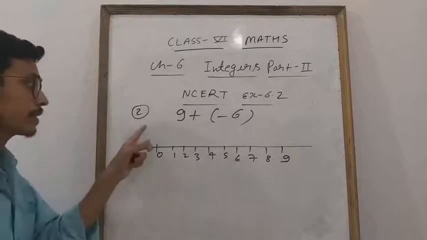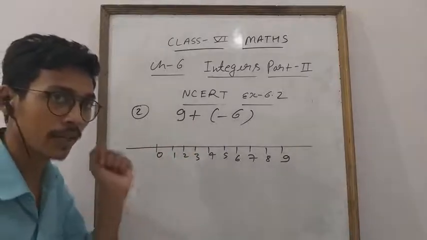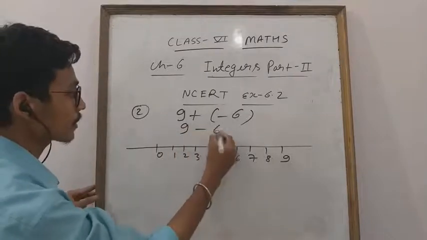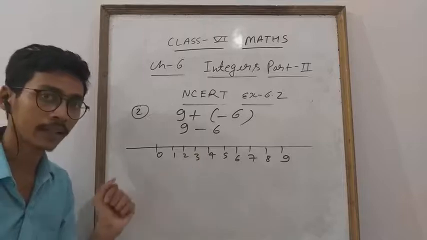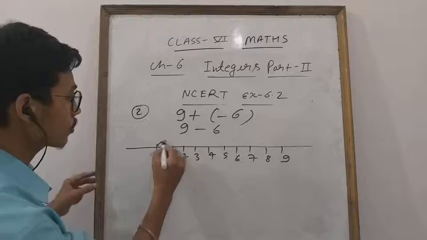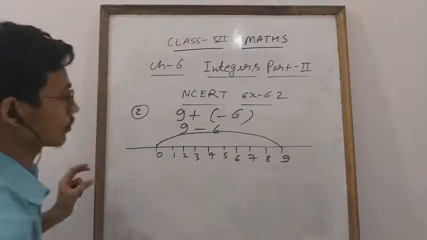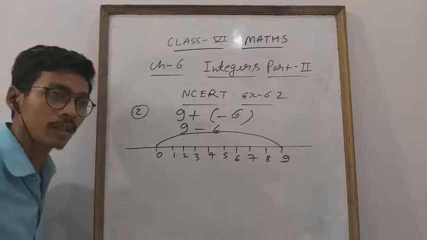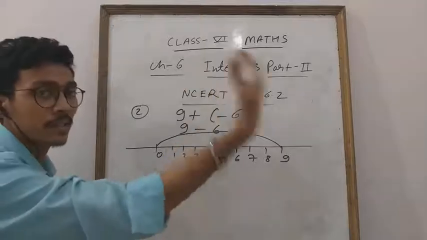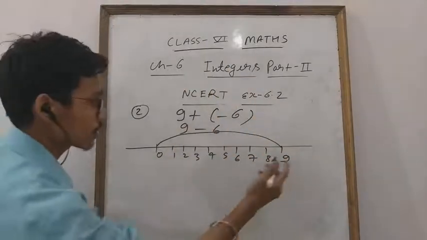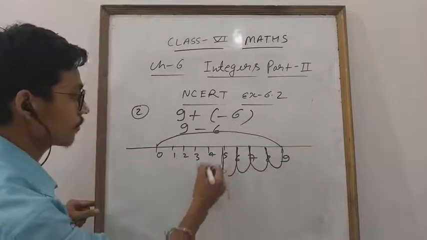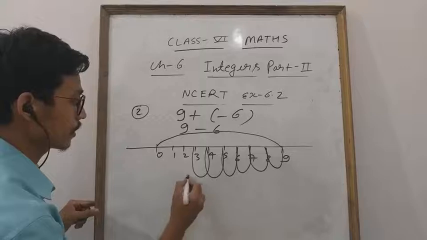Okay everyone? First it is given 9 plus minus 6. So what can you write down? You can write 9 plus minus minus 6. You can also write it like that. So what does it simply mean? First you will go 0 to 9. Now minus 6 is given. What is the meaning of this? It means 6 steps back. If plus is given, 6 steps more; if minus is given, 6 steps back. So 6 steps back, student: 1 step, 2 step, 3 step, 4 step, 5 step, 6 step. So the answer is 3.